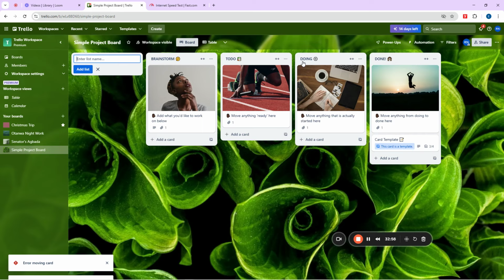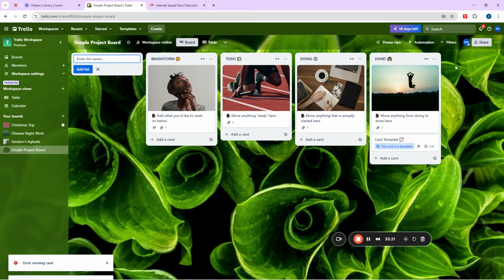For instance, if you are going to be baking a cake, you know we are going to have different stages. Here can be the buying list, here the mixing list, here the frying list. Wait, do they fry cake, or do they bake it? Okay, here can be the baking list, then the design list, and then the delivery list or the done list. That is for a cake.